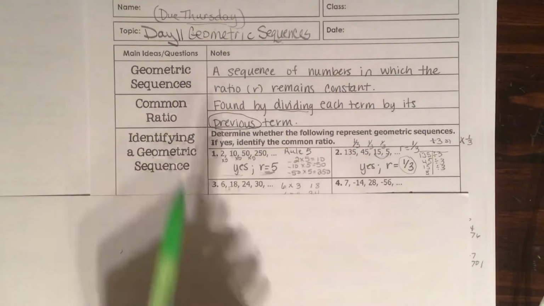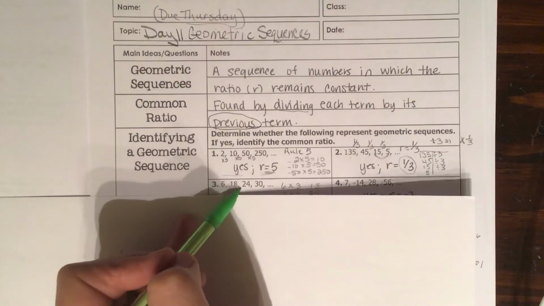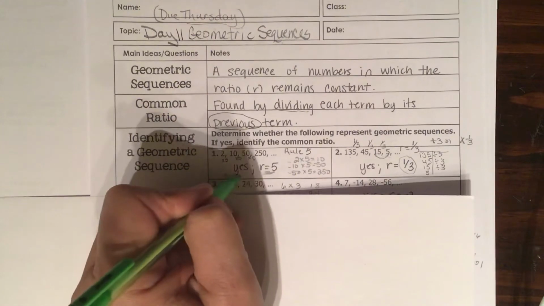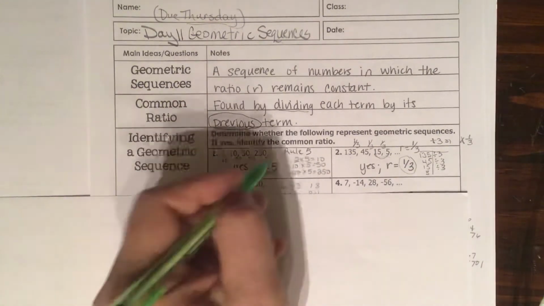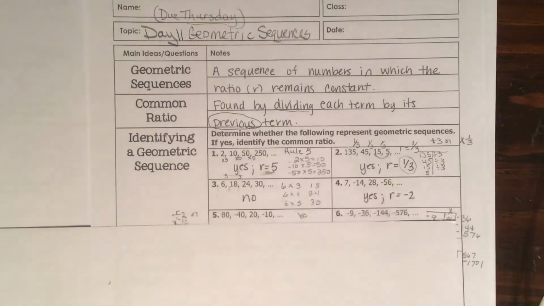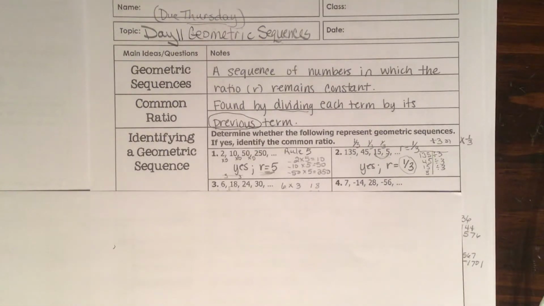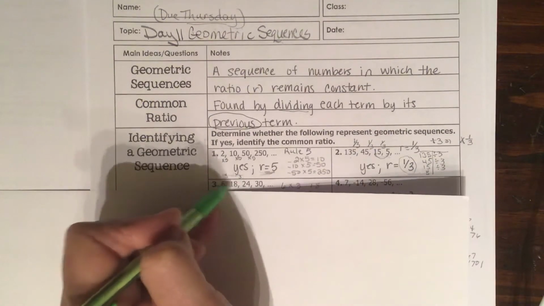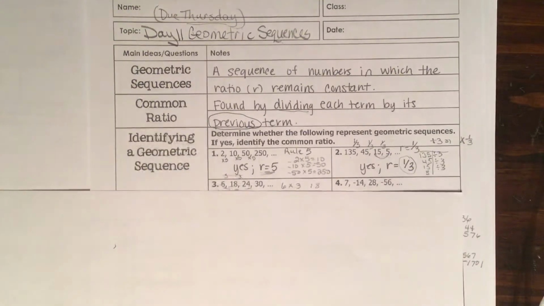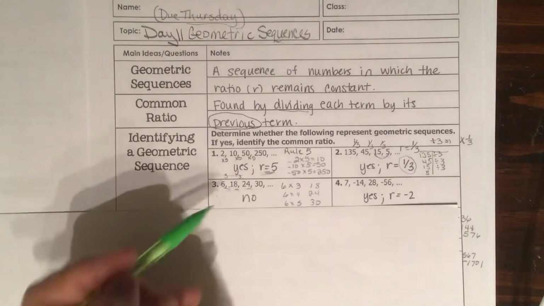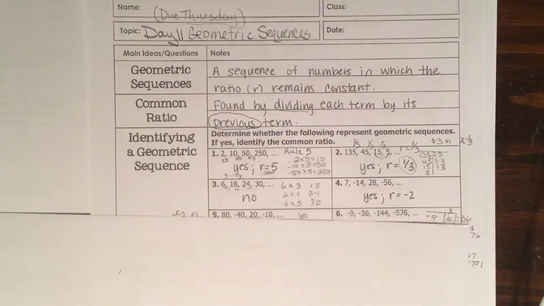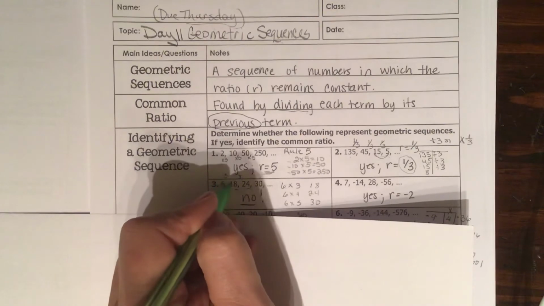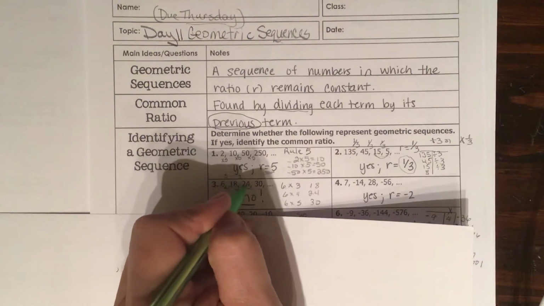Then number 6, we see that 6 times 3 is 18. We can divide. 18 divided by 6 is 3. So we know that our rule is 3 every time. So our rate equals 3. We can't say 18 times 3 is 24. It's 6 times 3. So this is just the multiplication rules. It is not a geometric sequence. This is a no. Make sure you know that, because 6 times 3 is 18, but 18 times 3 is not 24,